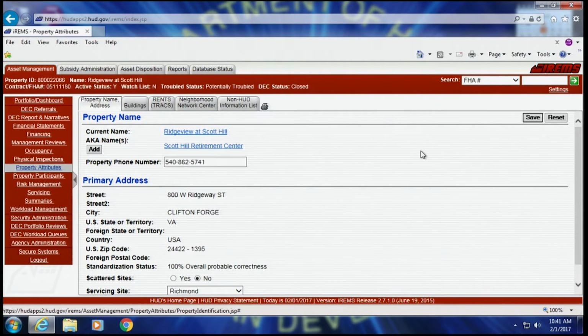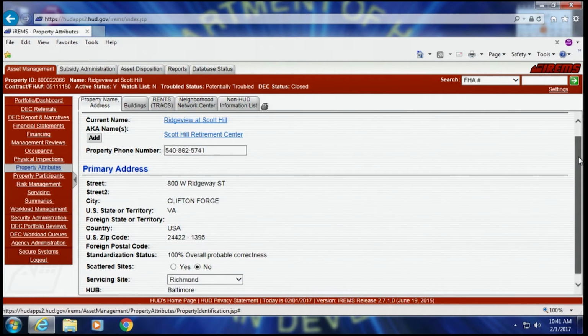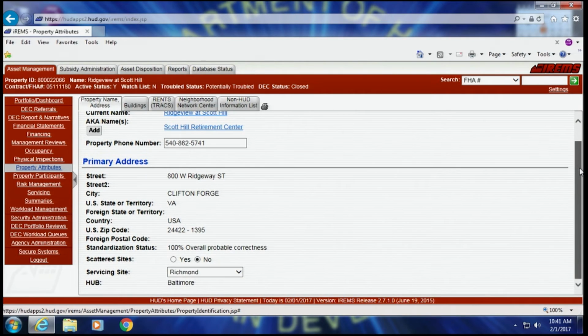When I click it open, it immediately will go to the property name and address. Why is this important? This is very important for REAC physical inspections. If you have a reverse auction and individuals will bid on the REAC physical inspections, they need to know what the primary address is for the property that they are bidding on.